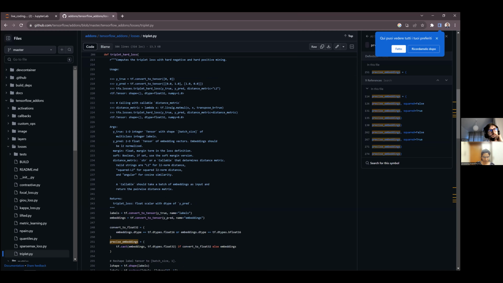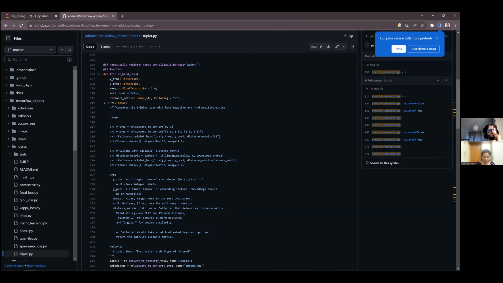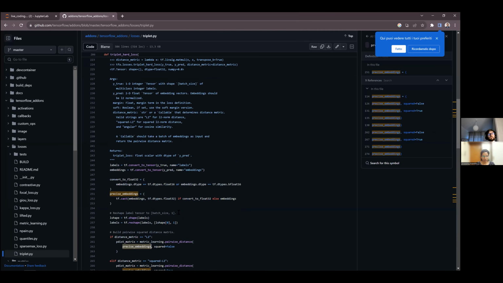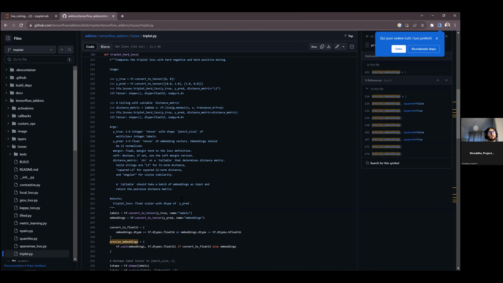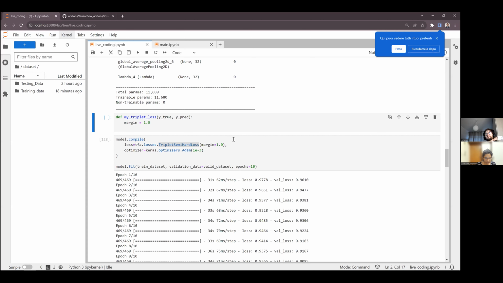I don't remember where the embeddings are coming from, honestly, in here. Okay, now I remember, sorry.